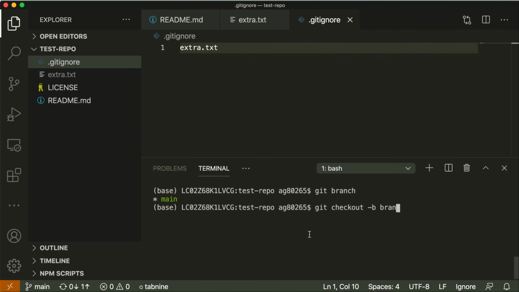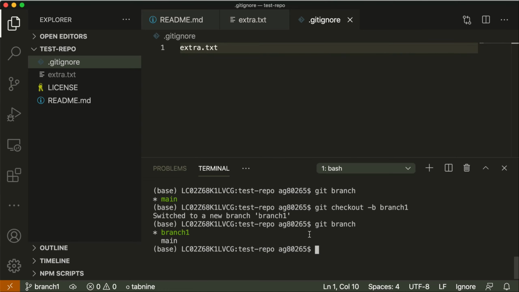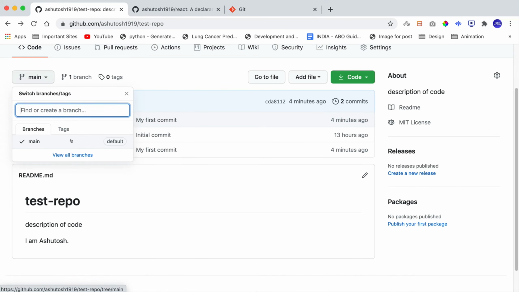In this case, we'll give branch 1, and if I execute it, then you can see that the new branch is created and our repository is navigated to the newly created branch, that is branch 1. If you want to check, then you can run git branch and you can see that we are currently in branch 1. But note that this branch is only created in our local repository, and if you see on remote repository on GitHub, you will only be able to see one branch.